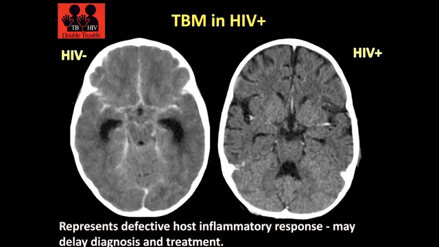You can see the classic appearance of basal meningeal enhancement in the patient on the left, who is HIV negative, and the picture of TB meningitis in the patient on the right, who is HIV positive. We have got cerebral shrinkage, which is common in HIV positive patients, particularly those that have got encephalopathy. And those that are not yet on antiretrovirals will not have a normal inflammatory response to TB because they have got defective host inflammatory responses. In order to respond to TB, you need to be able to have T cells and CD4, both of which we know are diminished in HIV positive patients.